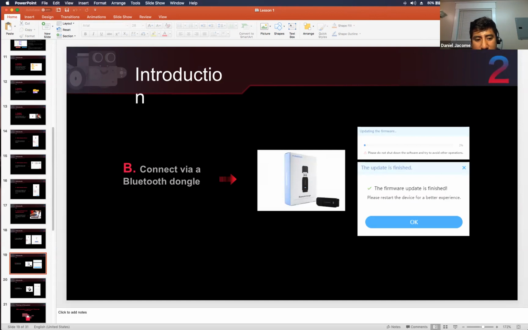Okay, for example, for the firmware, you can see something like this would happen. It would just be a loading bar. It tells you not to disconnect and this is very important actually. Once you're doing a firmware update, do not disconnect. While that's happening, do not disconnect the mBot or turn it off,